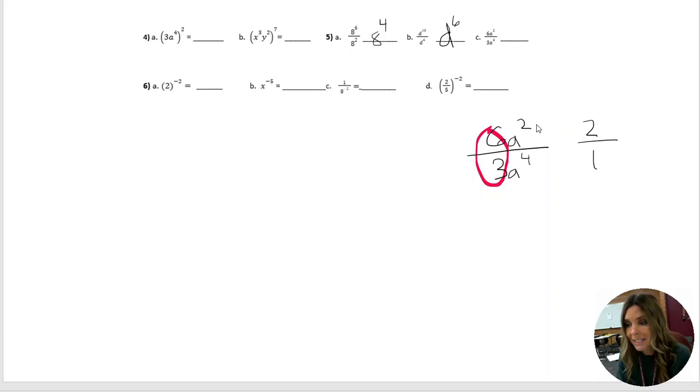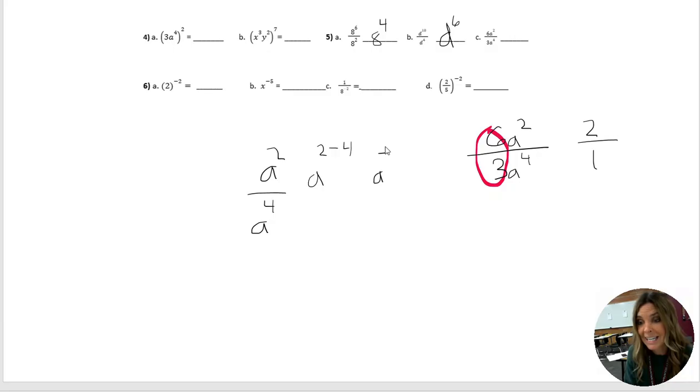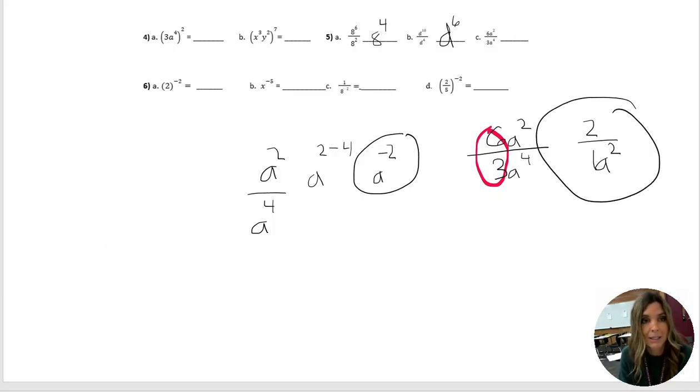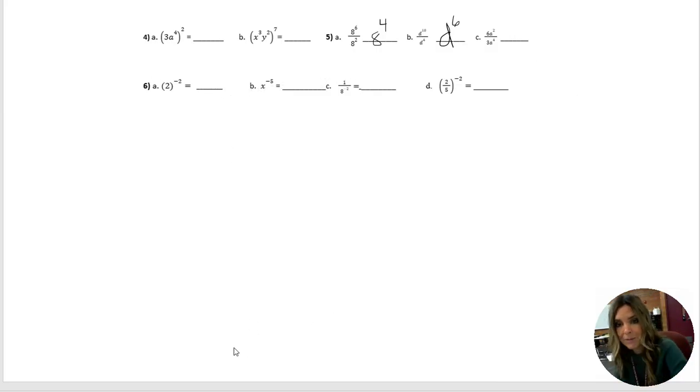And then when you have a to the 2nd over a to the 4th, this would be a to the 2 minus 4, which is really a to the negative 2. But then you guys know that in order to simplify a negative exponent, this is really dividing. It's repeated division. So we have to write the a to the positive 2 on the bottom. So that was the final answer for that one, which brings us to our next part of the test, which